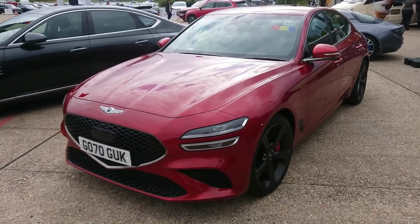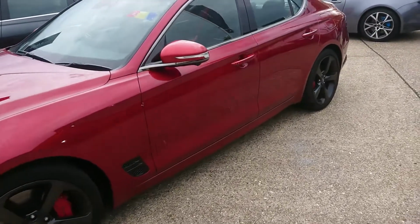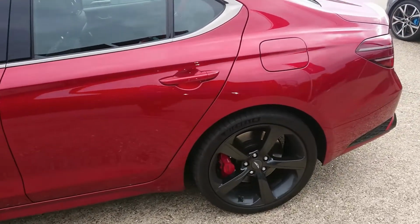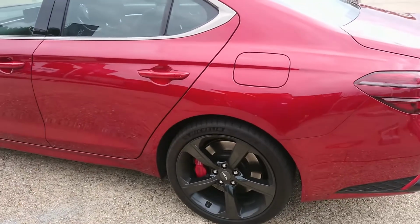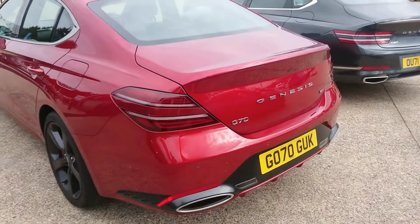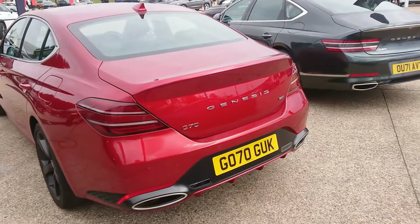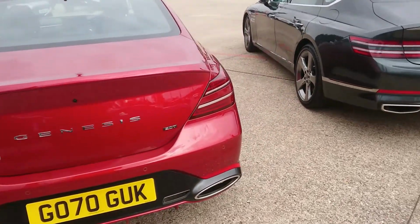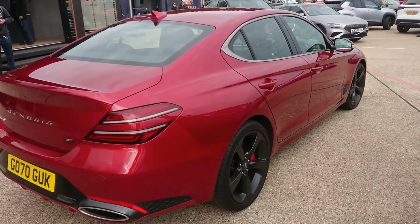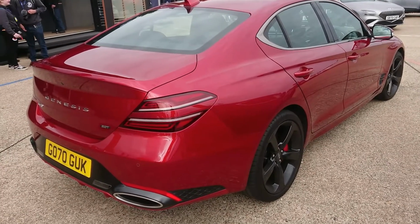So, the Genesis G70, this is the Sportline version. It retails for around £40,000, although you can get the base trim, which is called the Premium Line, with a lesser version of this 2-litre turbo engine for about £33,500. It's actually based on the same platform as the Kia Stinger that we drove at the last SMMT test day, that was a regional one in Basingstoke, and that had the 3.3 litre V6. Now the 3.3 litre V6 in the Stinger is available in this G70 in some markets, however it's not available